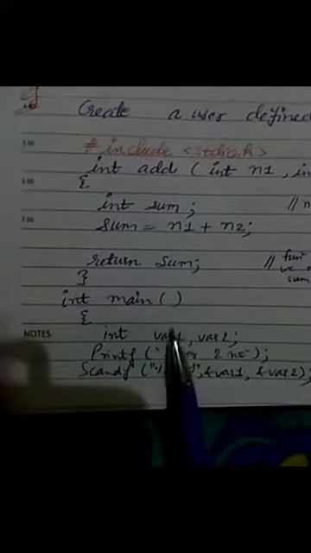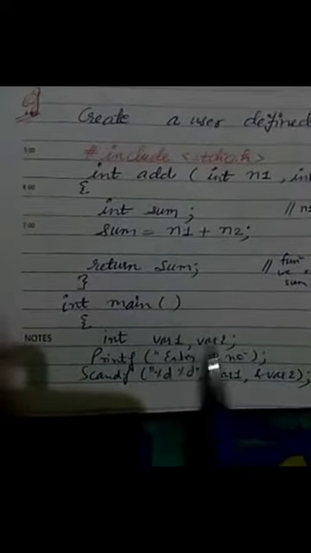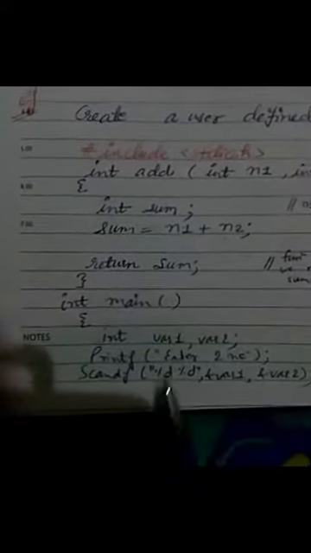Now here the main program starts, in which I have defined var1 and var2. These two variables are actual parameters, in which var1 will denote n1 and var2 will denote n2. So printf: enter two numbers, and scanf for %d with the address of var1 and var2. Then I have stored the result of int